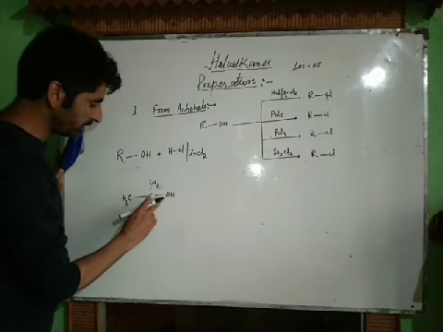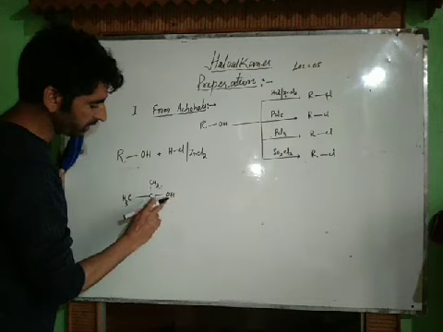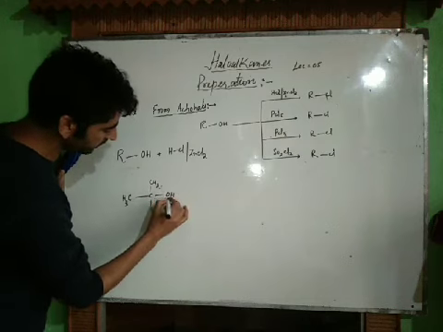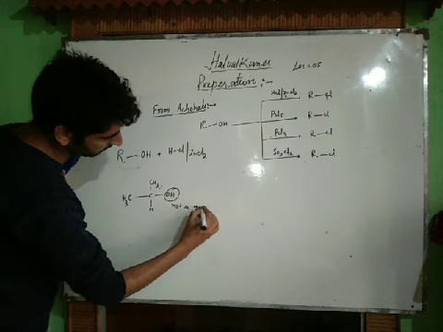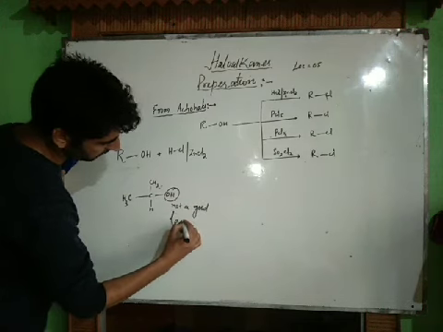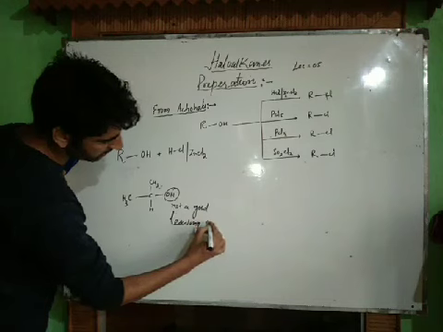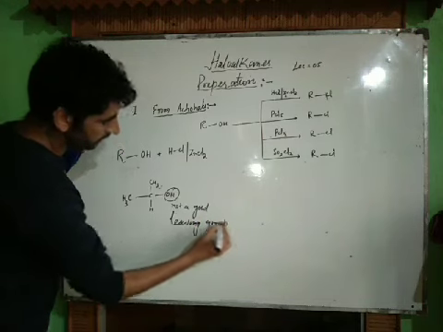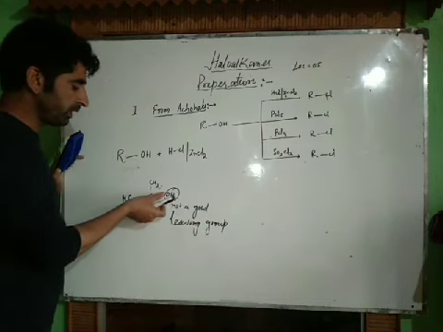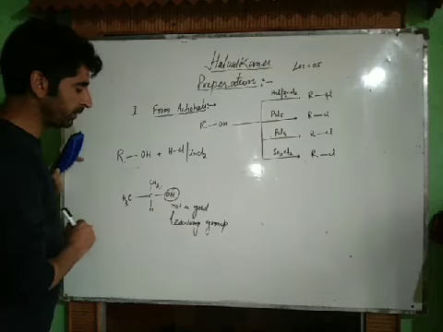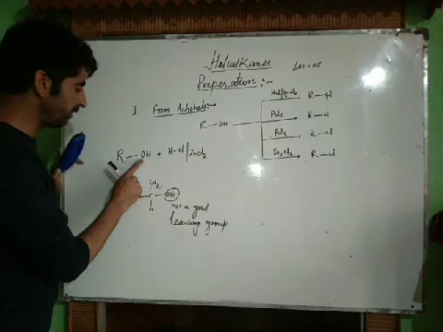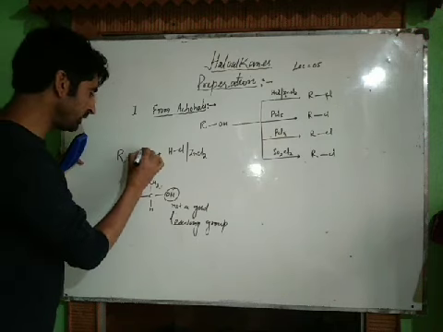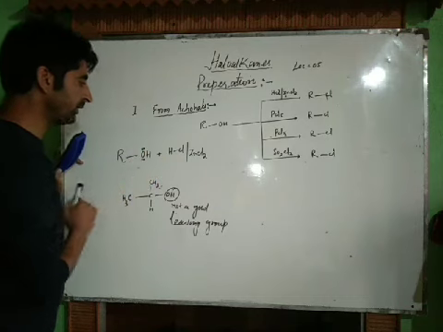If the bond is strong, then this OH is not a good leaving group. Therefore, it has to be made a better leaving group. How can we make OH a good leaving group? We have to protonate this oxygen atom. How can we protonate it? Because this oxygen contains lone pairs of electrons.